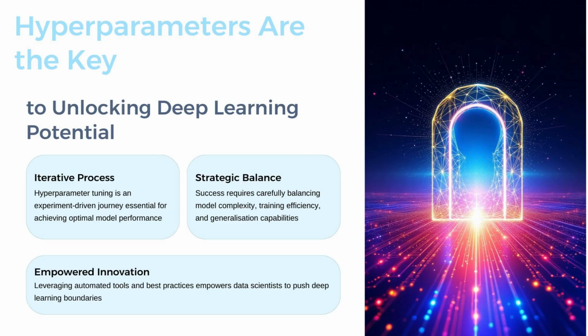Hyperparameters are the key to unlocking deep learning potential. Iterative process: hyperparameter tuning is an experiment-driven journey, essential for achieving optimal model performance. Strategic balance: success requires carefully balancing the model